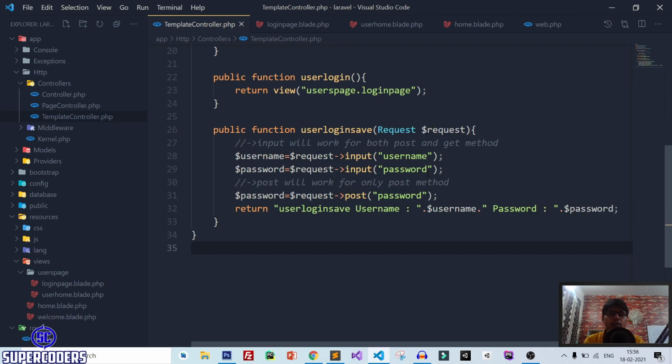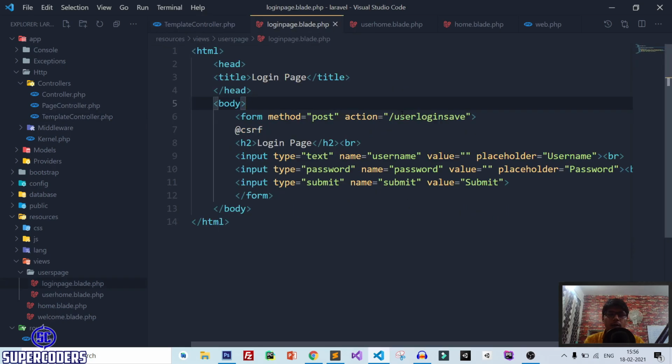Now let's see next thing, which is how you can access your route using name in template page. So here suppose that when you are working with form, you need to pass your path of your route, but instead of passing the path, you just need to pass your route name. So if you do any changes in route URL, you don't need to update it here every time.